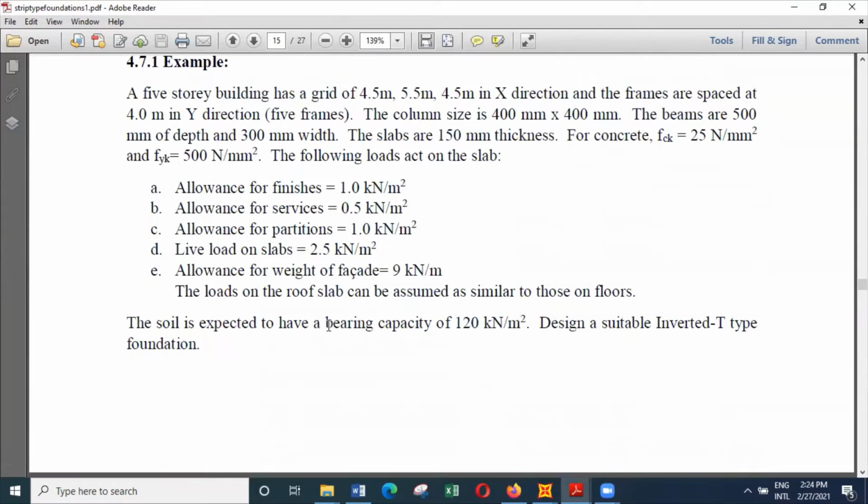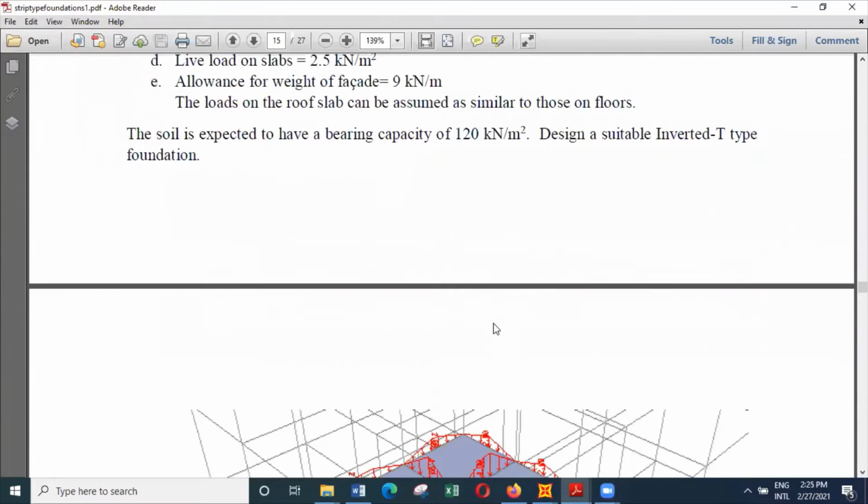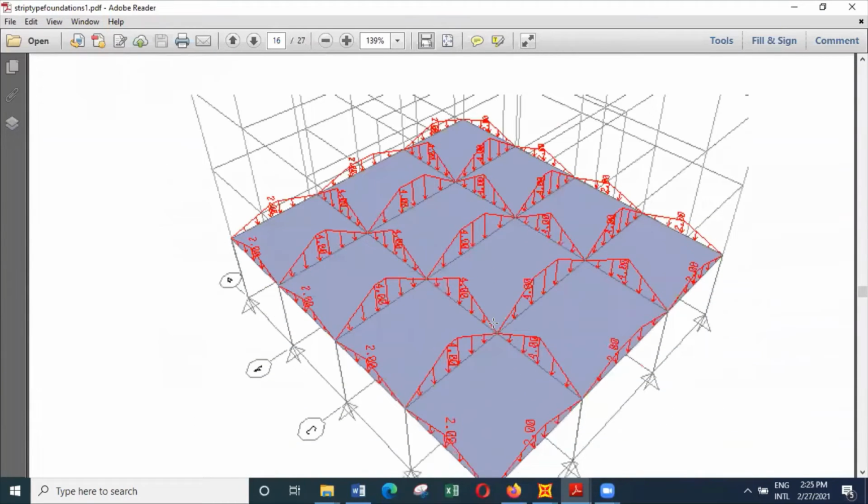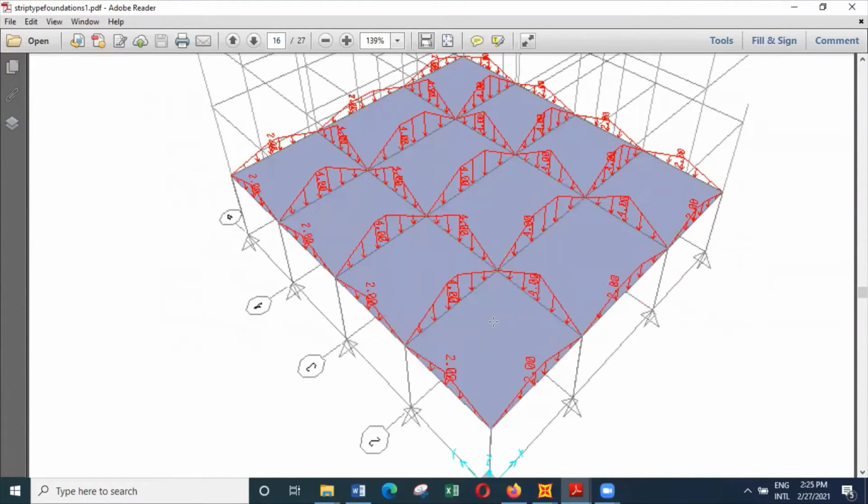So the soil is expected to have a bearing capacity of 120 kilonewtons per meter squared, and we have to design a suitable inverted T-type foundation. So initially we'll look at the basic system, and then we see what are the variations that we can get as well. So this is the problem. So I will show you